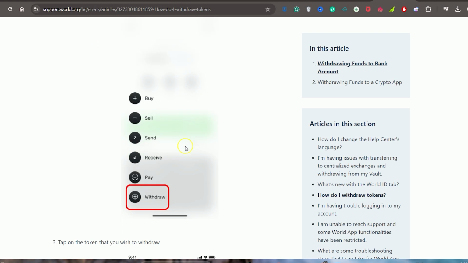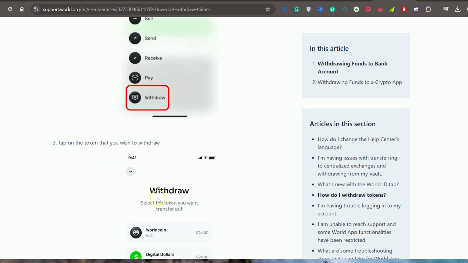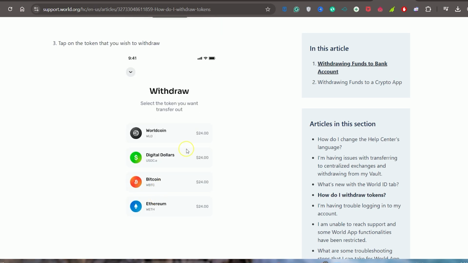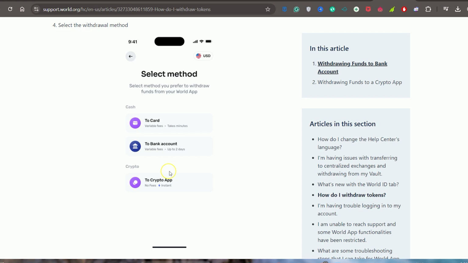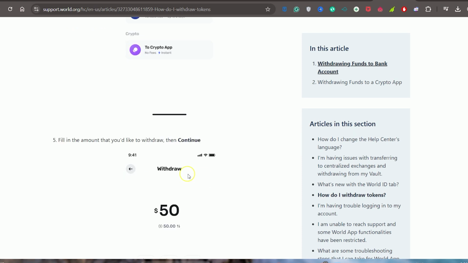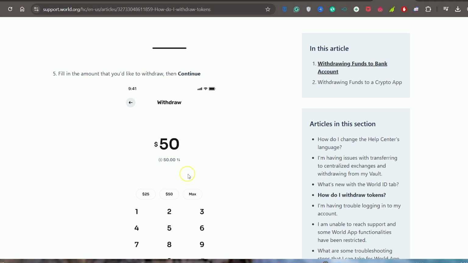You can see this last one here. Then you have to tap on the token that you wish to withdraw. It can be any. Then you have to select the withdrawal method to card, to bank account or to crypto app, whatever suits for you. Then you have to fill in the amount that you like to withdraw and then simply tap on this continue